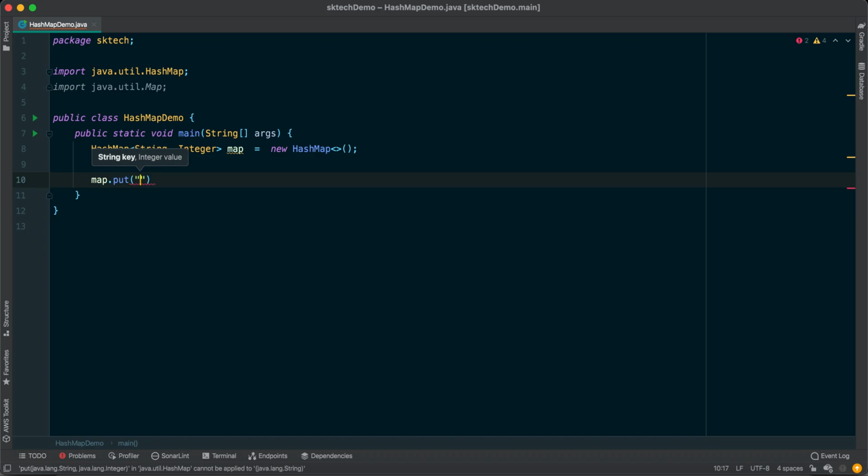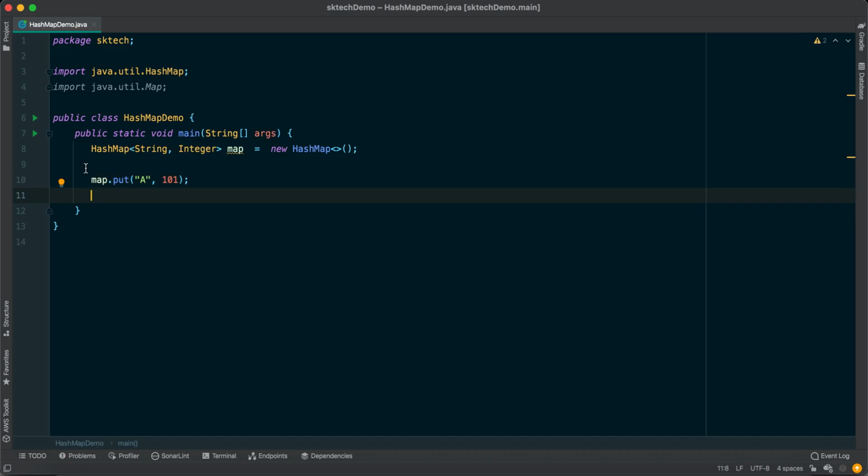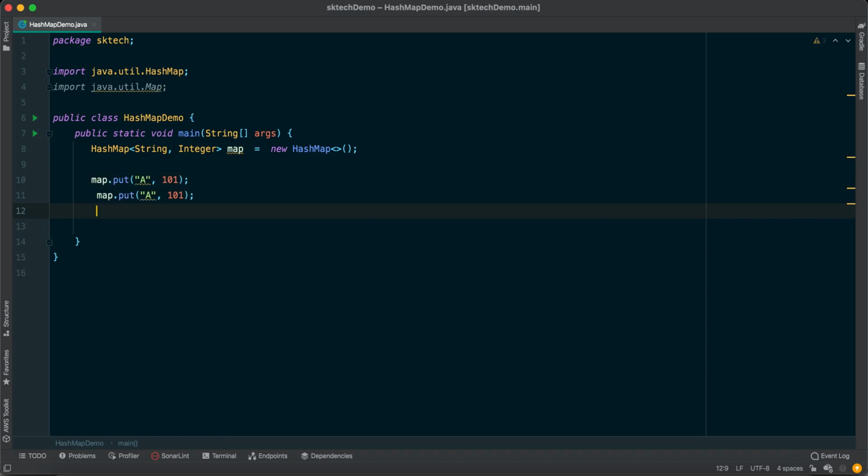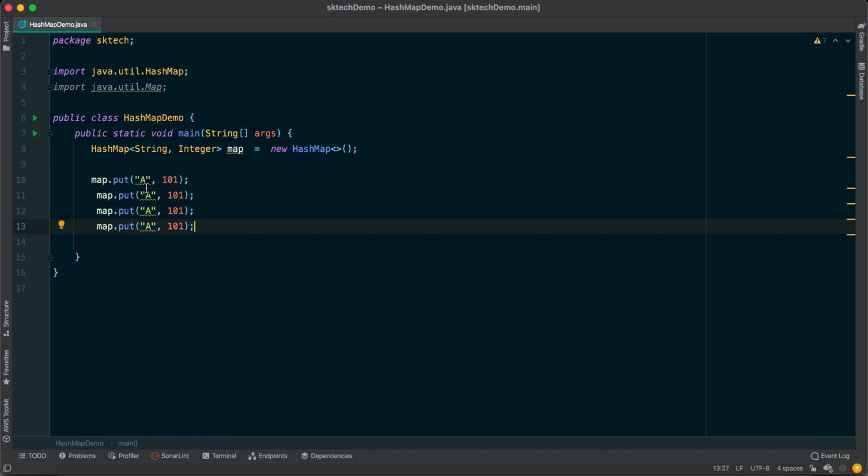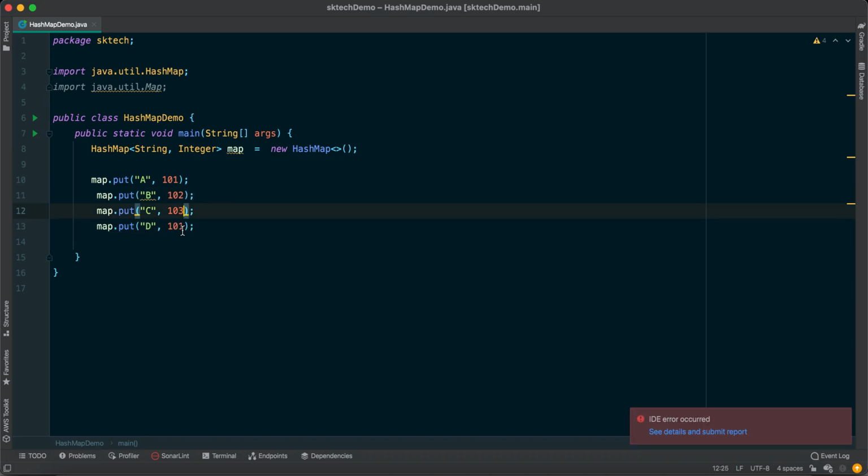Let's say we provide a, and the value 101. Similarly, let's copy paste and insert some more elements. Let's give other keys like B, C and D, with values like 102, 103 and 104. So this is one way we can add elements inside the hash map.